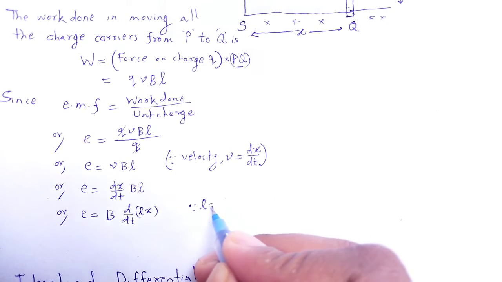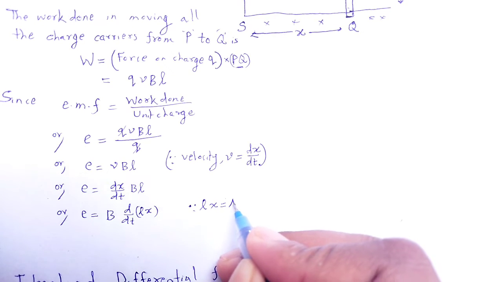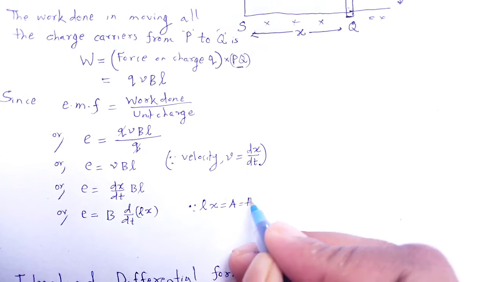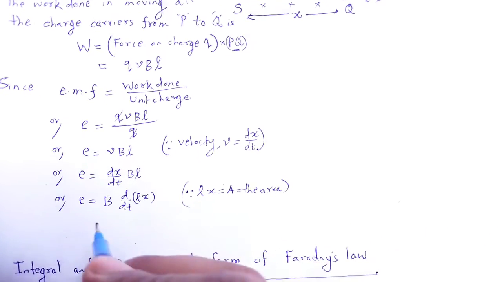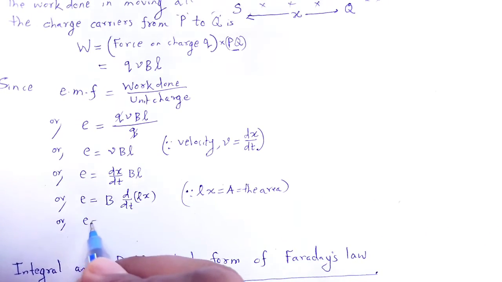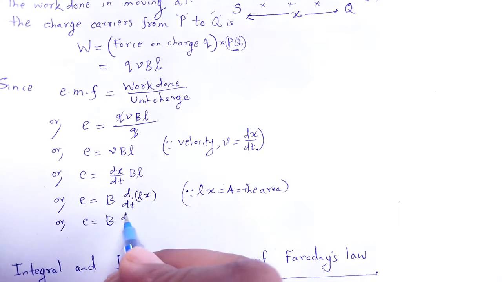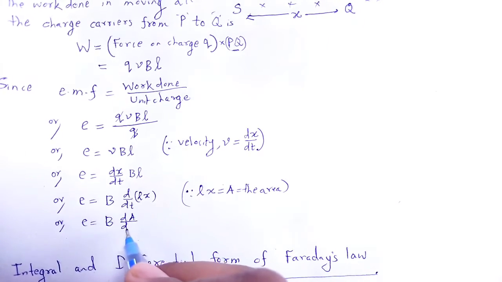Therefore, L into x is equal to A, that is the area, or E is equal to B dA by dt,